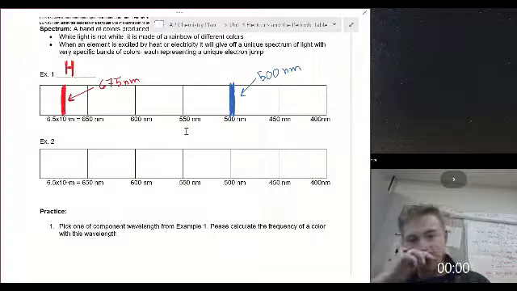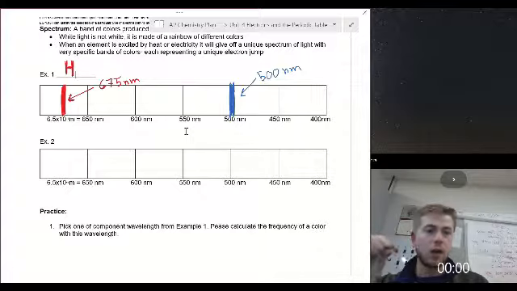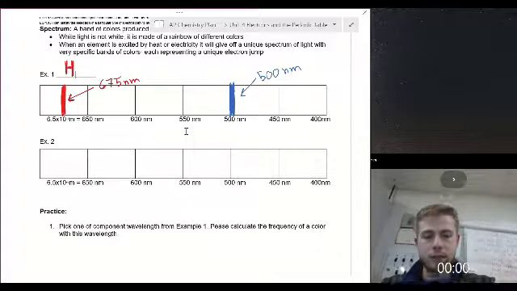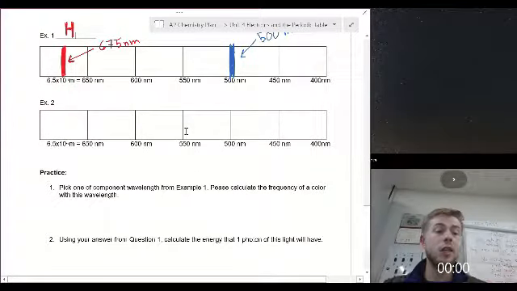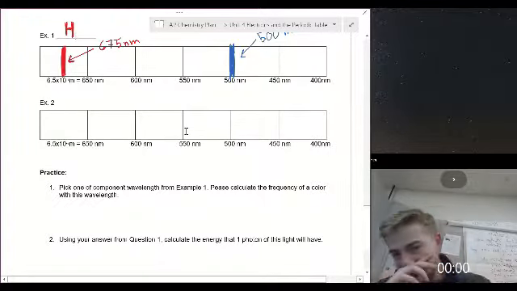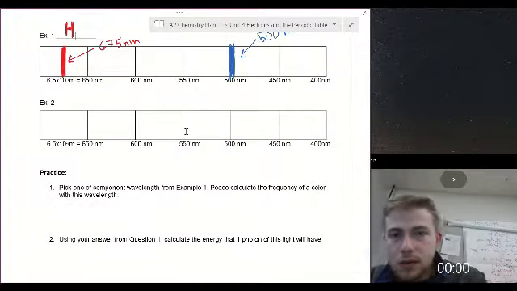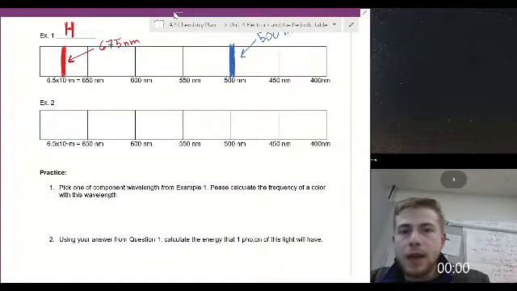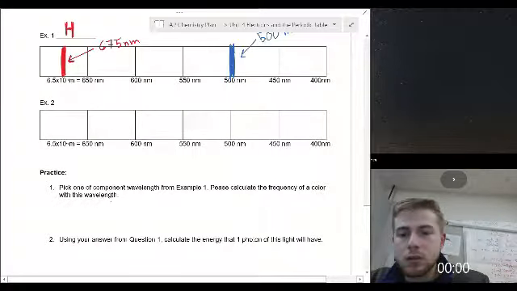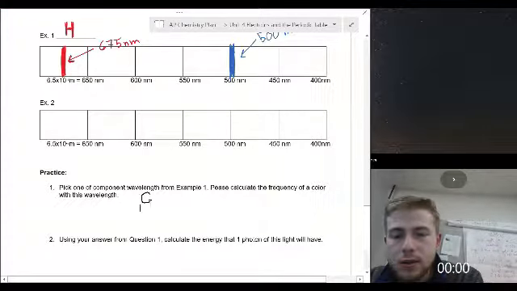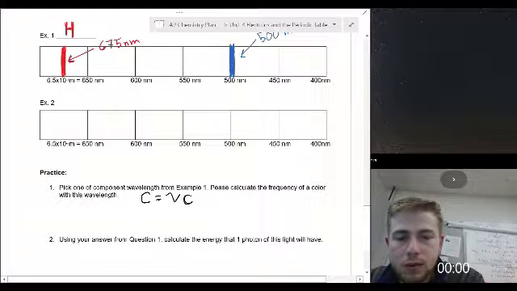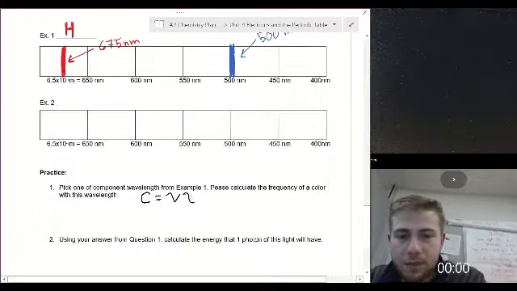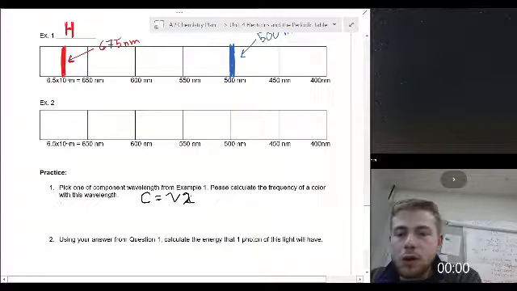So we're trying to find out what is the frequency of a color with a wavelength of 500 nanometers. Okay, so how I'm going to do this is I'm going to need my equation that relates frequency and wavelength, and that is, I'll use black actually. That is c equals frequency times wavelength. Okay, so we always know c is always going to be